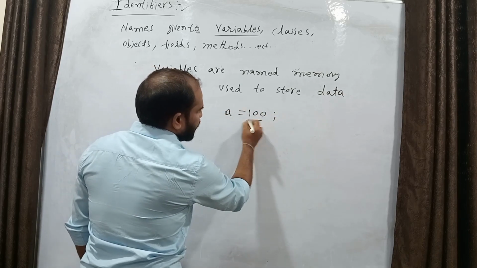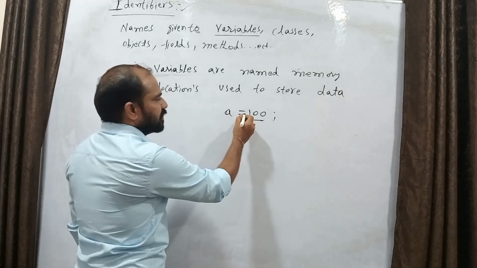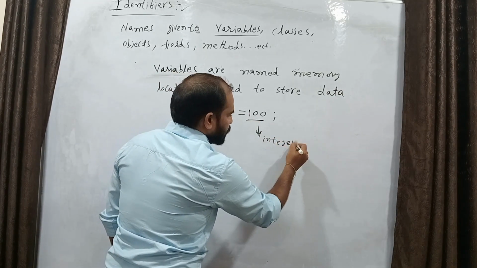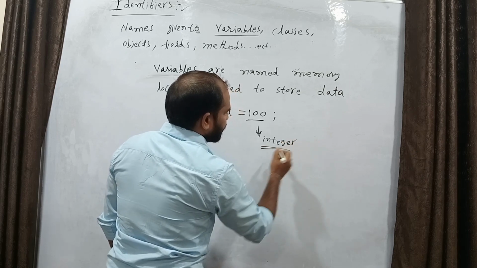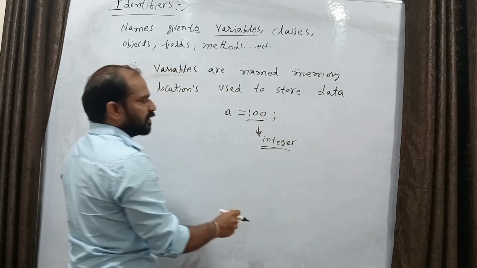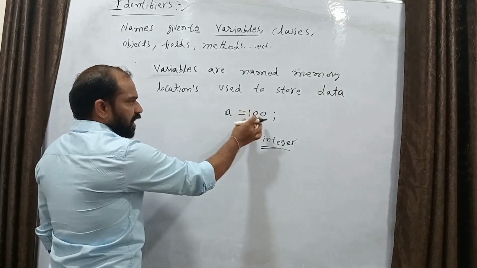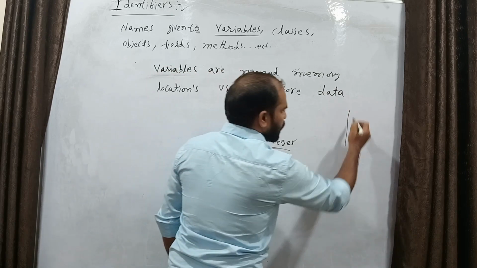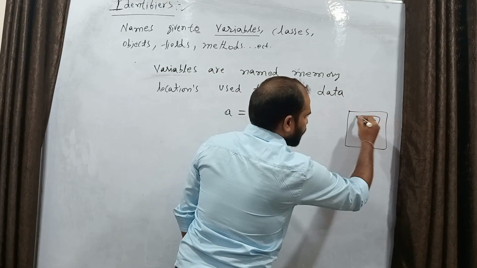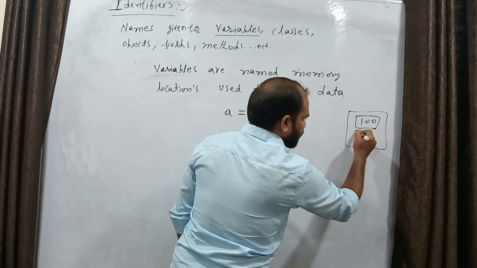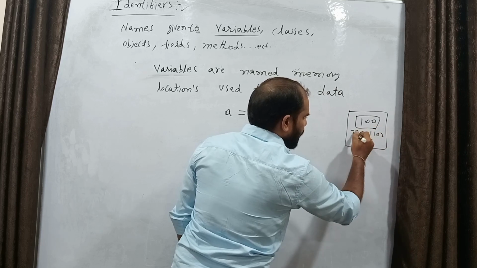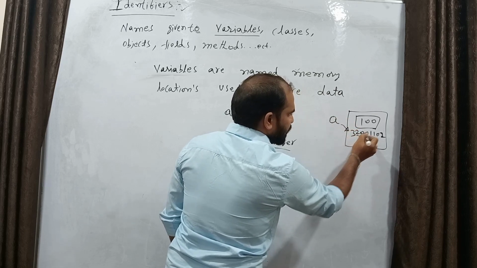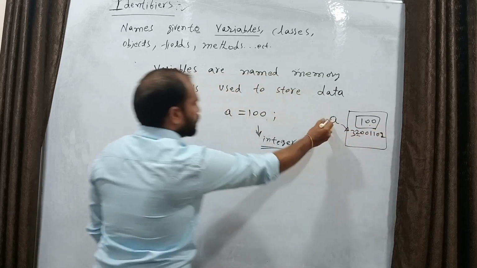Now, what kind of data is this? Here we can consider this data as integer data. 100 is an integer, so a number without a decimal point is called an integer. We are storing this 100 in memory. 100 is going to be stored at some memory location, and this memory location has some number. Randomly I am writing some number. Now we are going to refer to this address location where 100 is stored with the variable